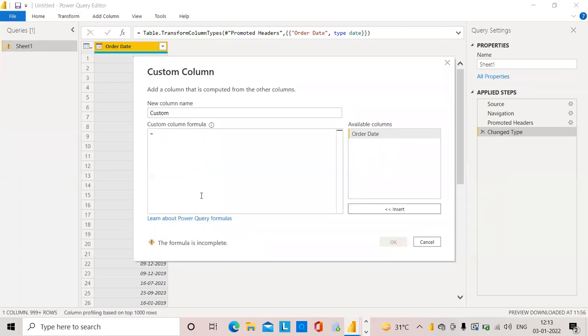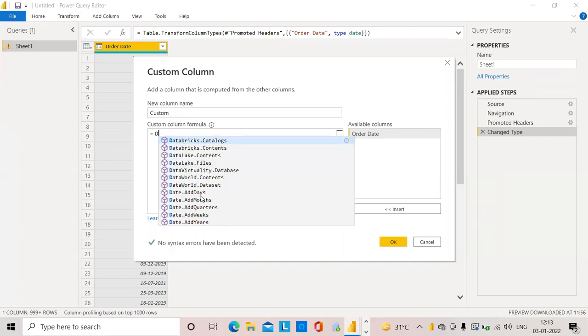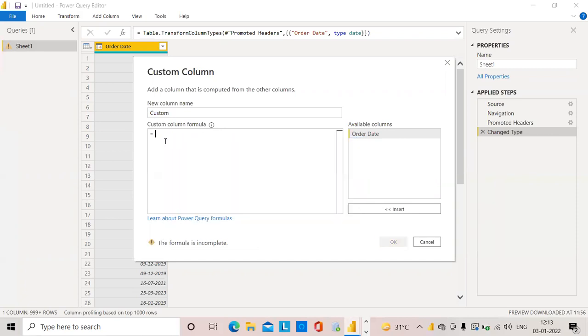These M functions are also case sensitive. Every first letter should be a capital for each word. That is Date, see, the first letter is capital, the A is capital, the W is capital, like that. It is case sensitive. If it is a date function, I will show you one by one.